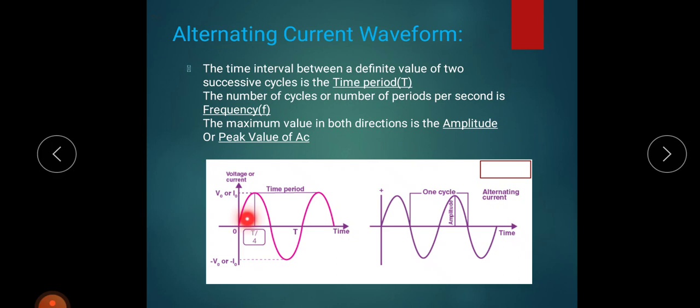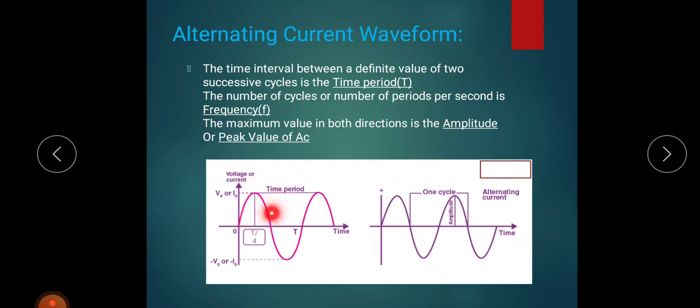then it increases to the maximum. At this point the current or voltage value is maximum, then again it decreases back to 0, which completes one positive cycle. This completes one positive cycle. This is known as the positive cycle of